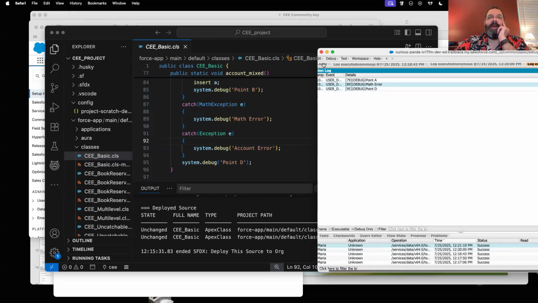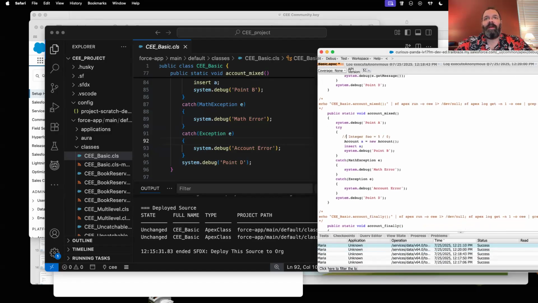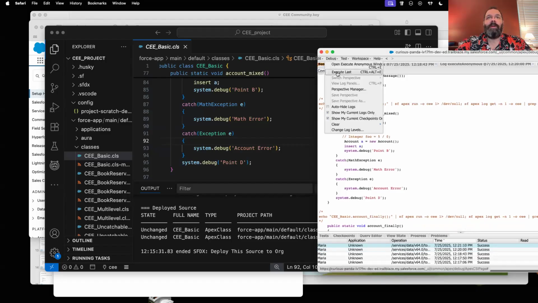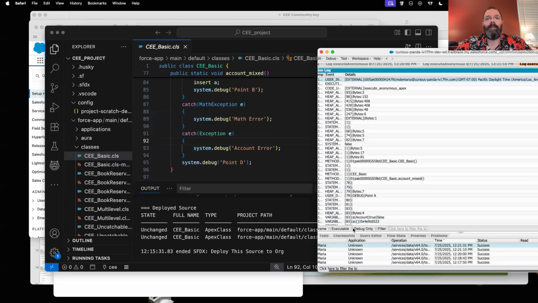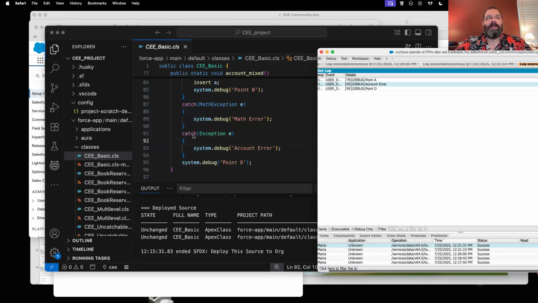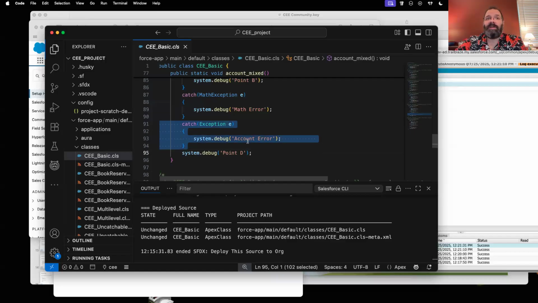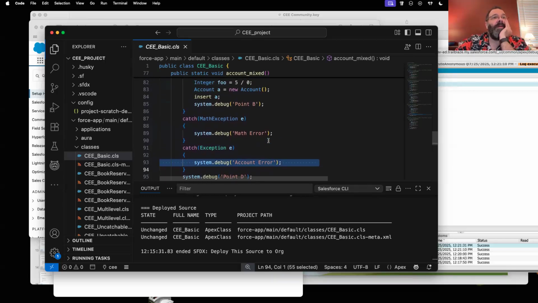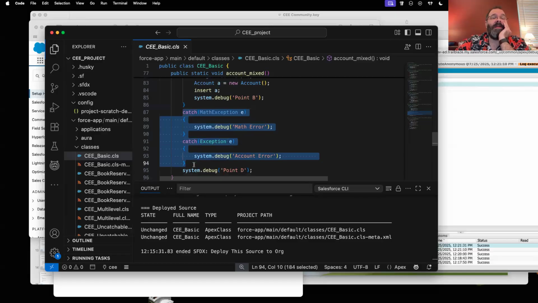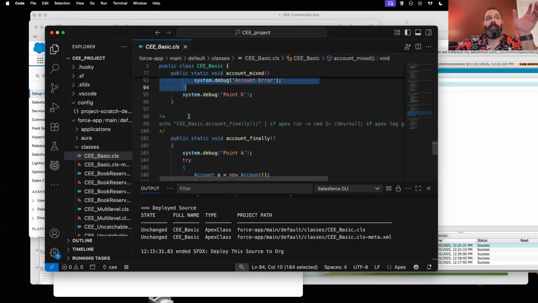And this particular code right here, right now, we had that divide by zero. If I take that out and I rerun the code, now you see it goes account error. I'm taking an assumption here that this was an account error because I know this code, right? But this is showing that you can catch different types of exceptions and handle the different types of exceptions differently, depending on what's actually thrown.